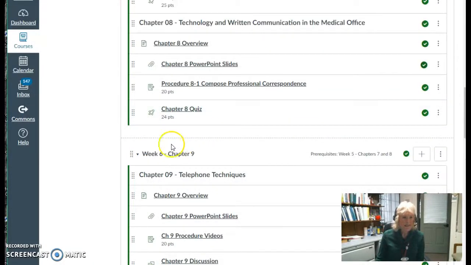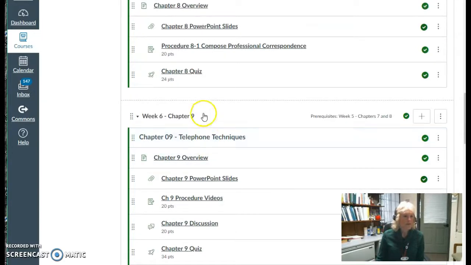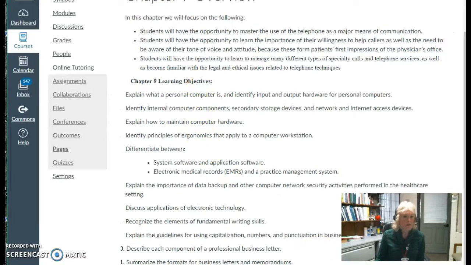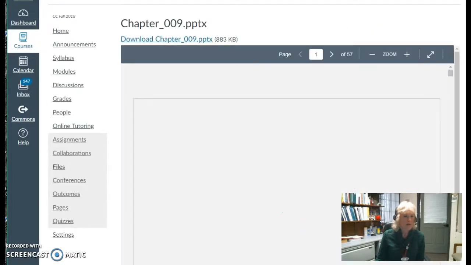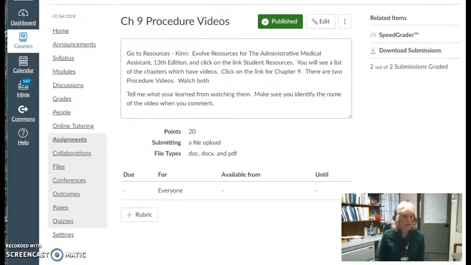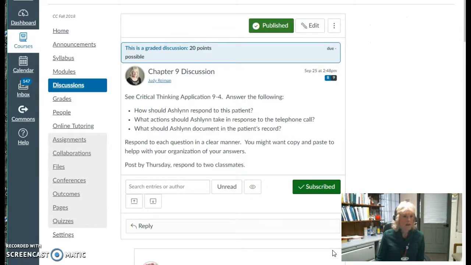If you just stay within the week, so this is week 6, week 6, we're doing chapter 9. If you stay within the week and go through the assignments as they come up, so I need to scroll down to the bottom before I can hit next, and there's your PowerPoint slides. So I'm staying in the module, and here is a little assignment for the procedure video, and here's the discussion